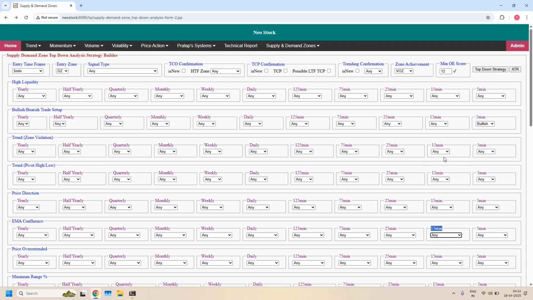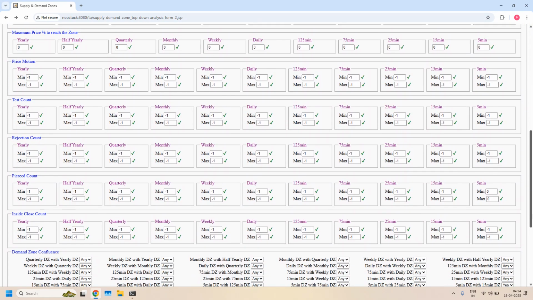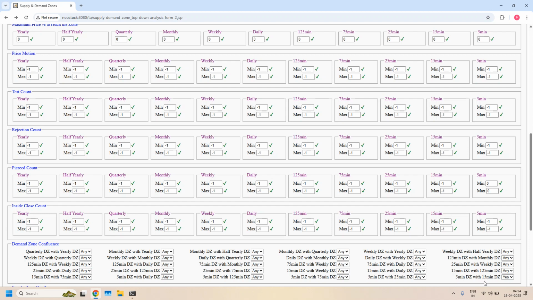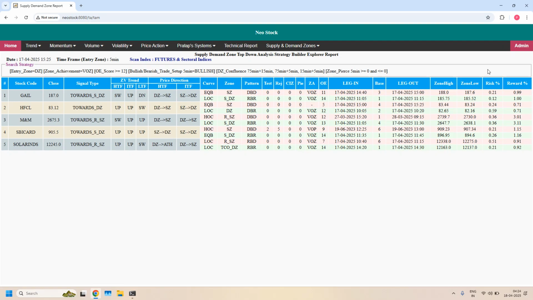Removing EMA filter, that is 5 minutes, 15 minutes and 75 minutes demand zone confluence supported stocks. So we need to set 3 filters here. First filter is already enabled, 5 minutes with 15 minutes demand zone confluence. Next 5 minutes demand zone with 75 minutes demand zone confluence, and also 15 minutes demand zone with 75 minutes demand zone confluence. With all the 3 filters, 5 minutes, 15 minutes and 75 minutes demand zone confluence, we got